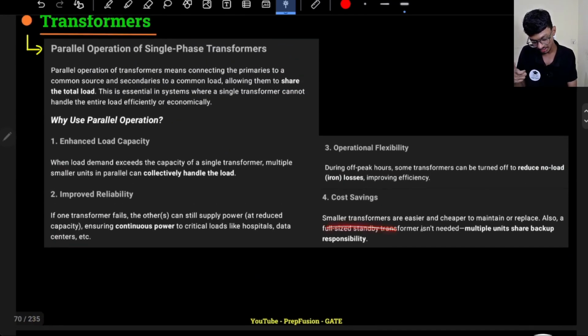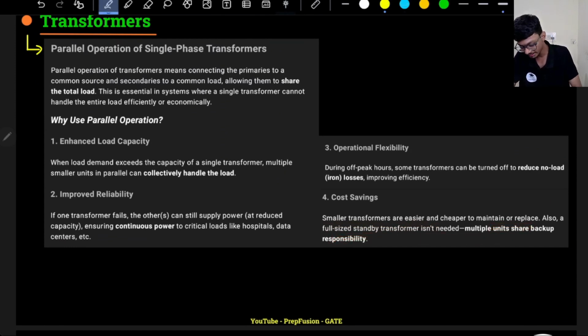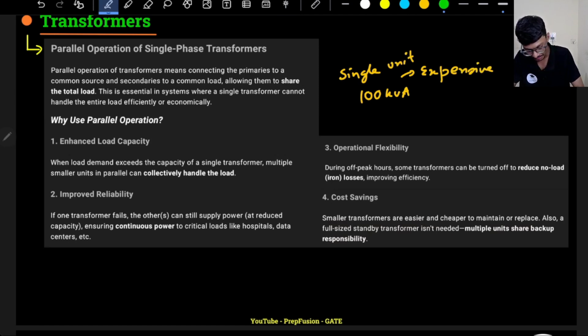Cost savings. Smaller transformers are easier and cheaper to maintain or replace. Also, a full size standby transformer isn't needed. What do I mean? Building a single unit 100 kVA transformer might be very expensive. So maybe it will be better if I build 4 25 kVA transformers and connect them in parallel; that will be cheaper than building a single